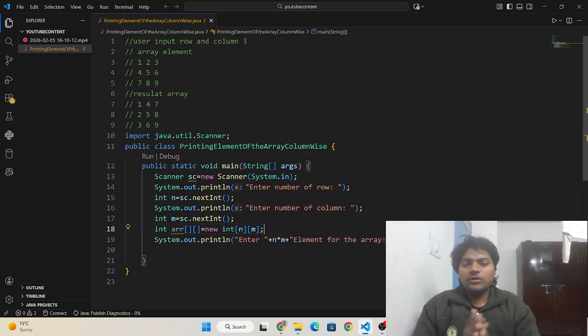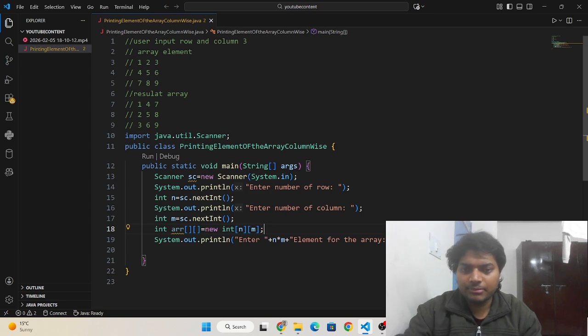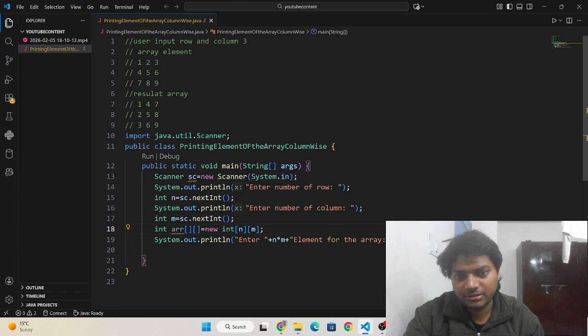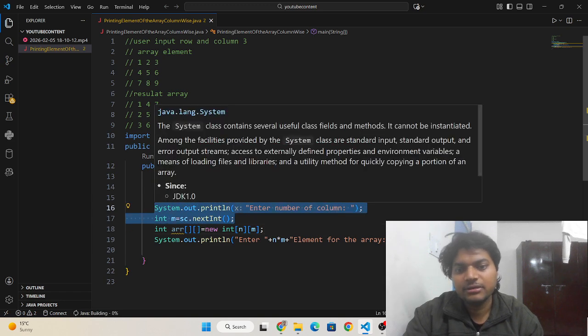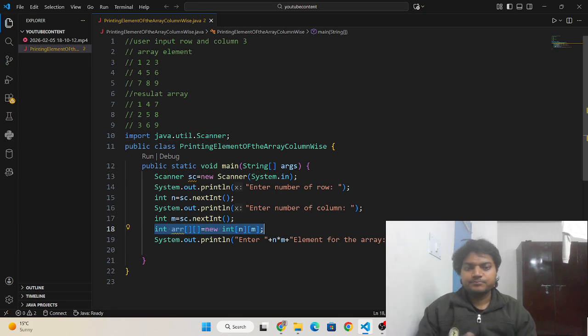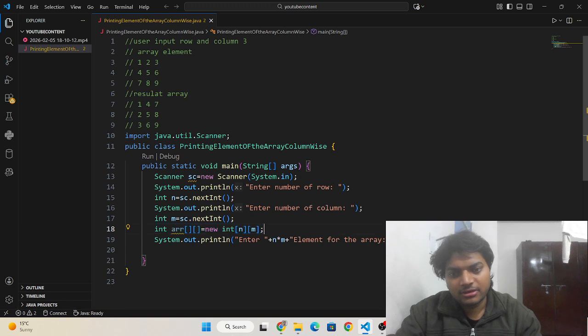Guys, here we have written these things for taking user input for the number of rows in the array, the number of columns in the array, and here we are creating an array of size n cross m.